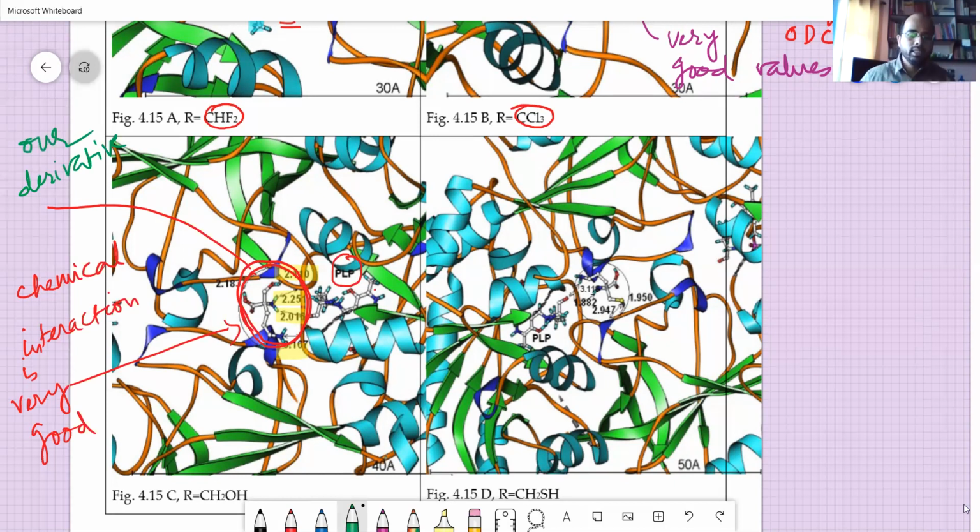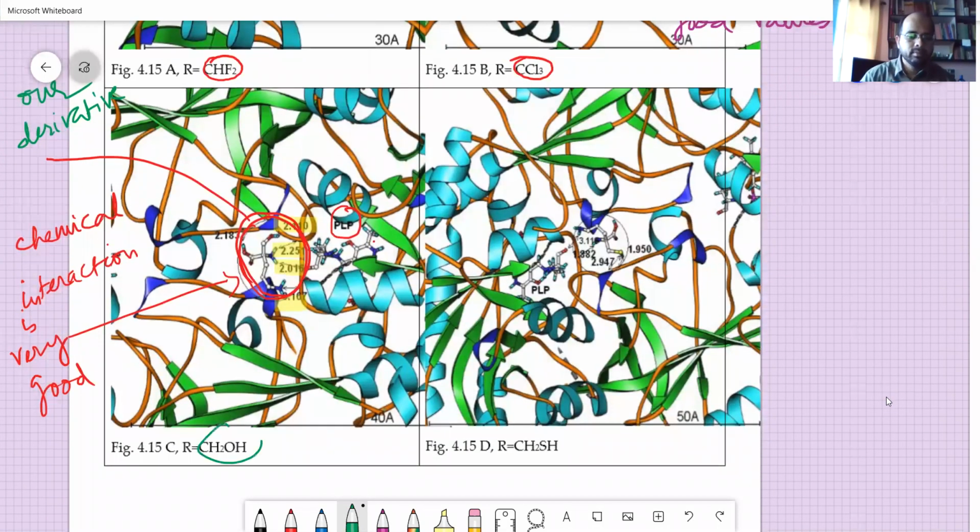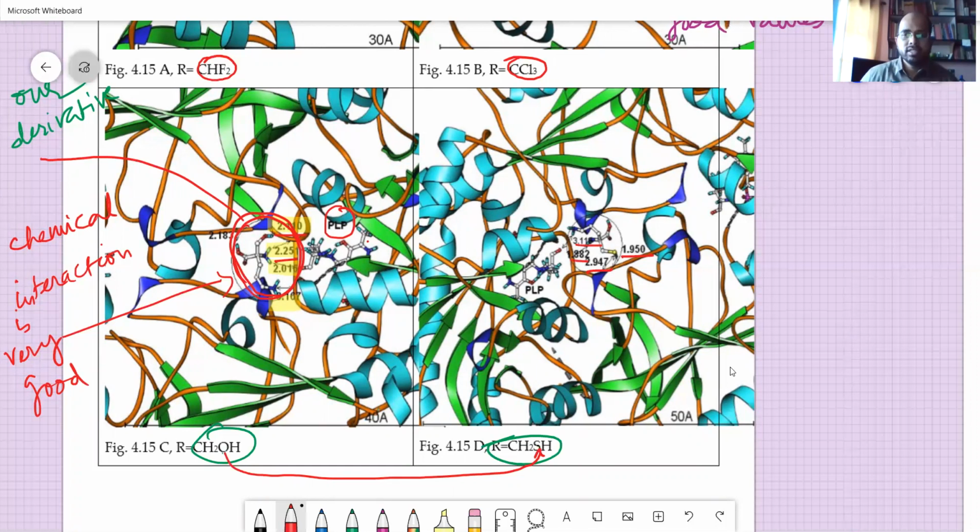Okay. Here it is for CS2OH. Here it is for CS2SH. Just by changing from O to S, what has happened? The values have changed. Very good. 1.95, you will get 2.25 here, 2.97, 3.11 here, like this. Okay. So you can get an idea of what is happening when you have a change in the substituents there.